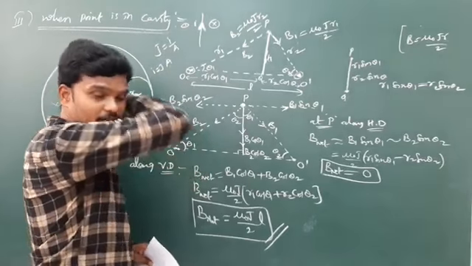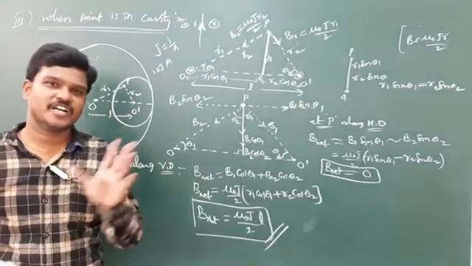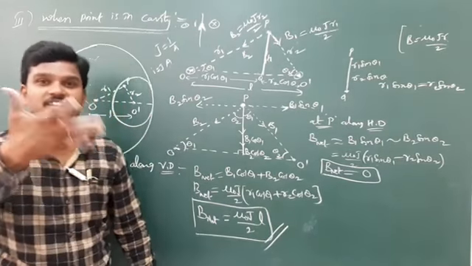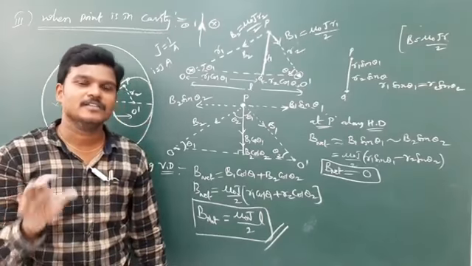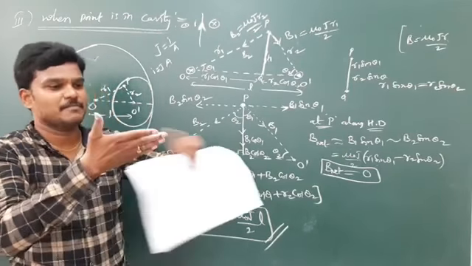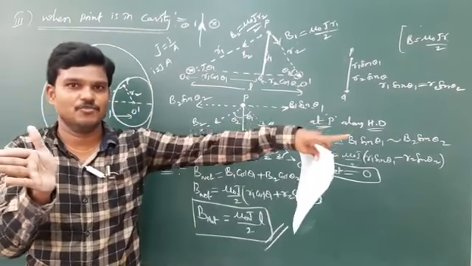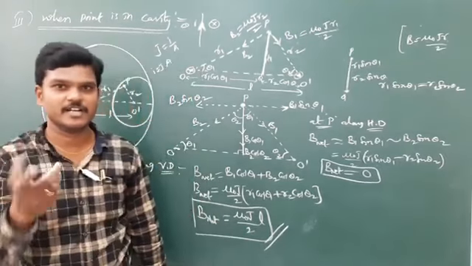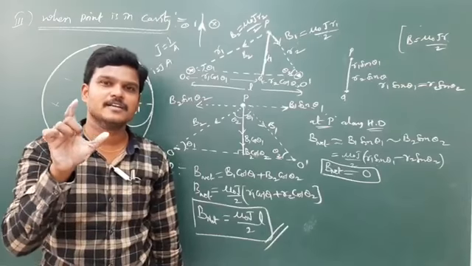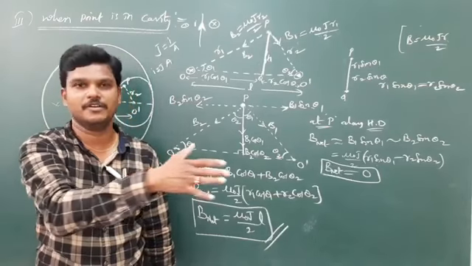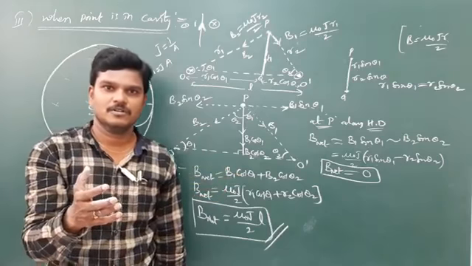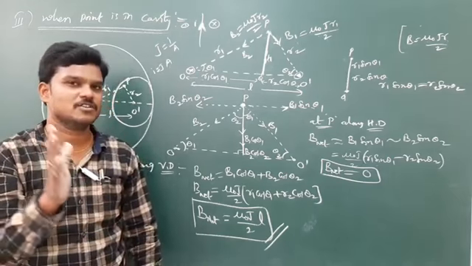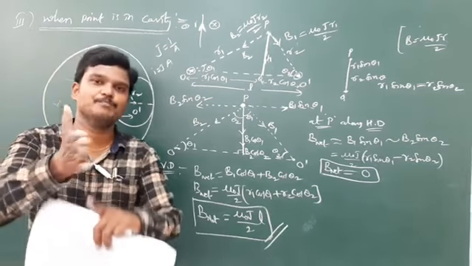To find the magnetic force direction, I use Fleming's left hand rule, and I use the word Fleming's right hand rule. That's not exactly Fleming's right hand rule, that is right hand palm rule. So this is the magnetic field direction, current direction, force. Right hand palm rule. Keep in mind that is not a Fleming's right hand rule. Okay, I am revising once again. That is not a Fleming's right hand rule. That is a right hand palm rule. Maybe in the video some 10 or 12 it is there. So just I use Fleming's left hand, immediately I use the word Fleming's right hand. That is not a Fleming's right hand, left hand, just right hand palm rule.